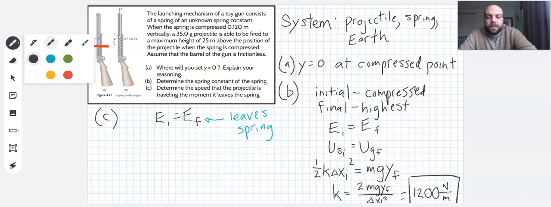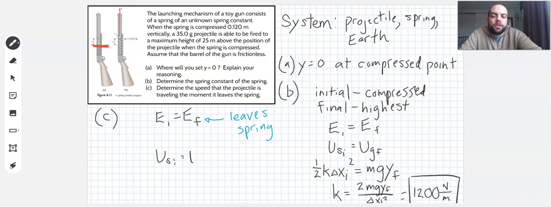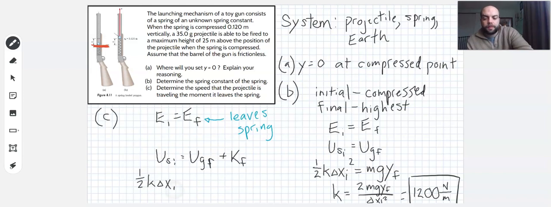If that's true, then I've still got spring potential energy in the beginning, and that's going to turn into gravitational potential energy at the end and kinetic energy. As the ball leaves the spring, it's got height and speed. So I need to pay attention to both those types of energy in my system. So 1/2 spring constant times the displacement of the spring squared equals the mass of the projectile times the gravitational field that the projectile is in times that final height,